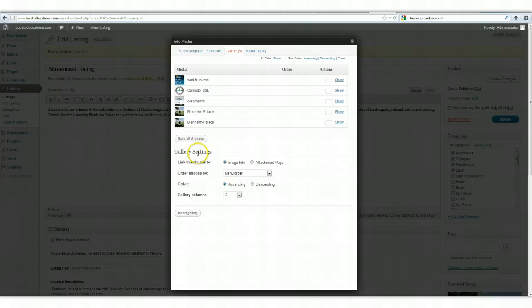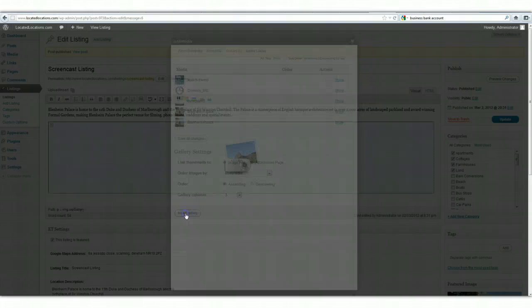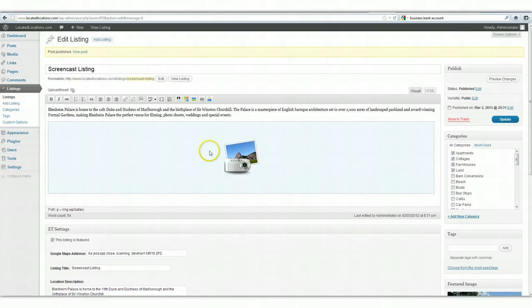and then you'll see gallery settings. You must make sure that you have image file selected. The rest of it you can leave. You just hit Insert Gallery. You'll then see that the gallery has been added here. So if we now click Update